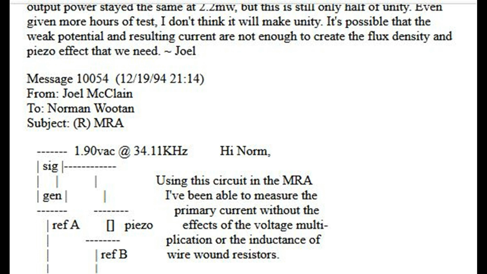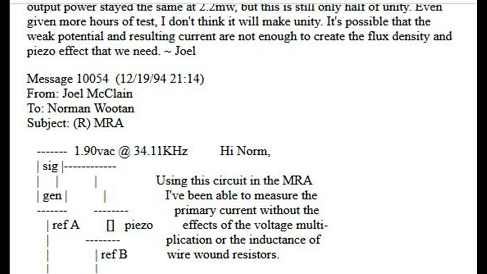Message 10054, December 19, 94, 21:14. From Joel McLean. To Norman Wooten. Subject: R, MRA. 1.90 volts alternating current at 34.11 kHz. High norm. Signature. Using this circuit in the MRA Gen, I've been able to measure the primary current without the